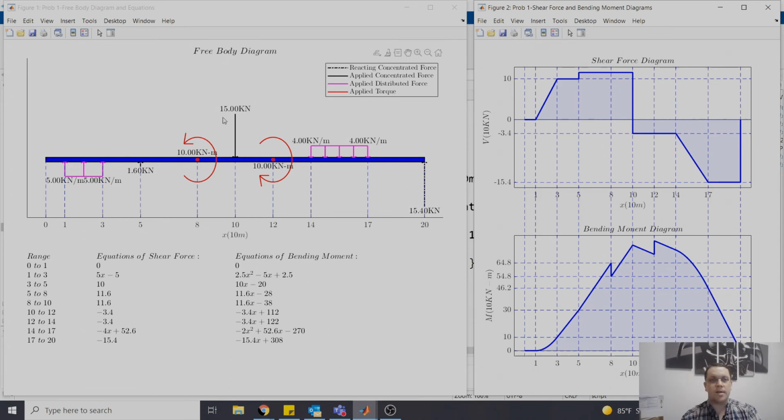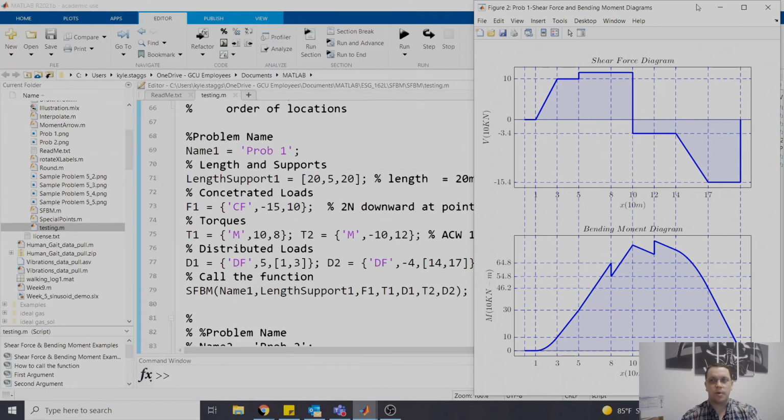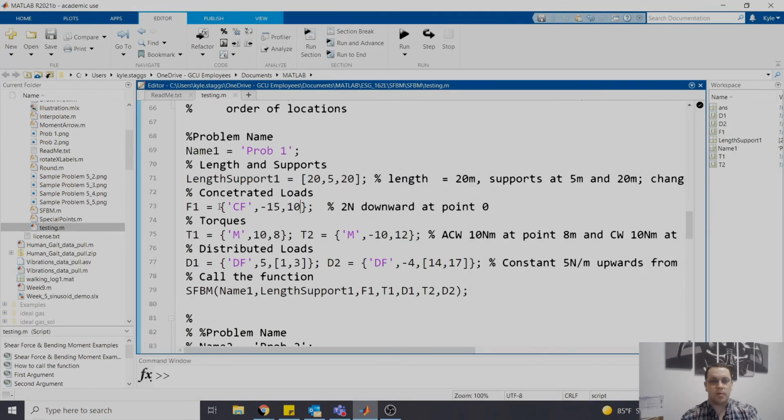So your design decisions change based on the kind of information that you get here. You could even add in a second point load at the end and see what happens at that point. Does it only change at this support, or does it change both of them? So you could have one that's going upward at this end. So real quick, the way to do that would be to add another one, and you would say a force 2 is equal to, so we're assigning a new variable, and we're going to give it the same kind of curly brace